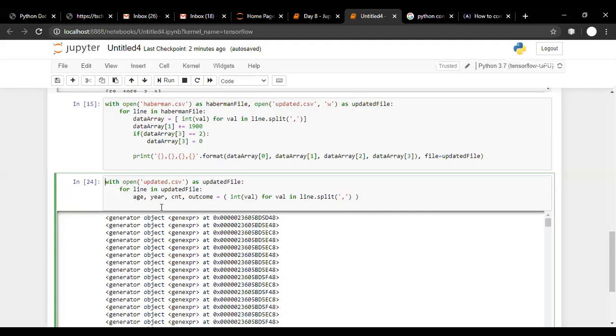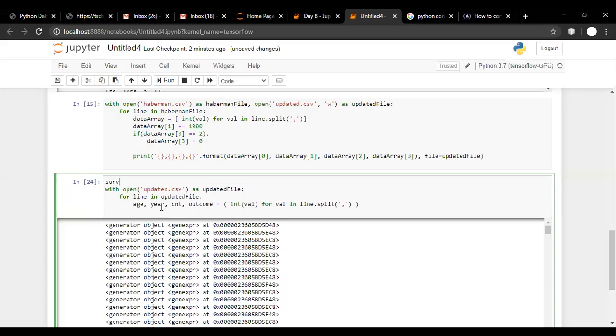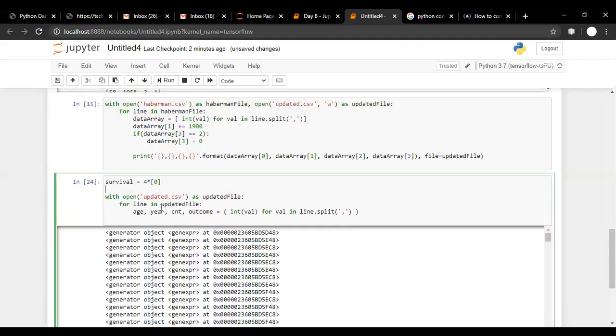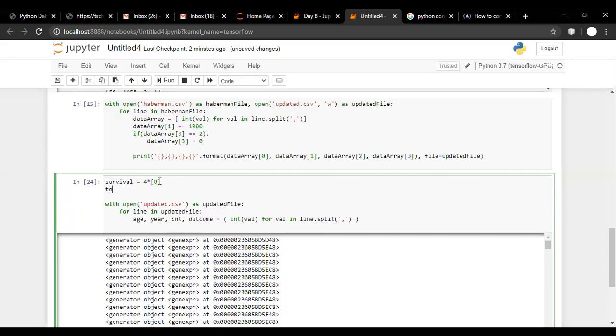So we are creating an array of length 4: survival equal to 4 into 0. Here we are creating a list of length 4 with value 0, and we want to count the patients in each age group also.